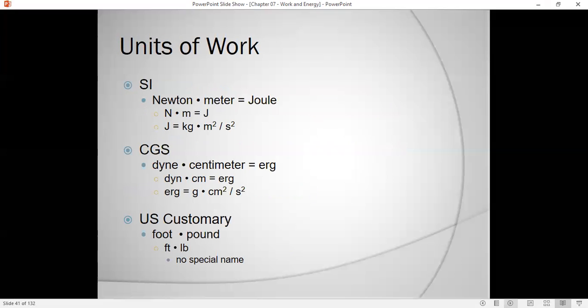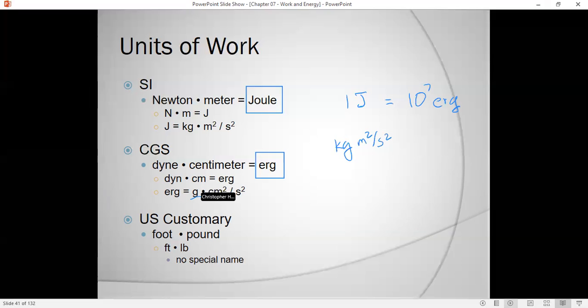Again, the SI unit for energy is the joule, which is also the SI unit for work. Ergs are the unit in the CGS system, and if you want an equivalent, I believe 1 joule is equal to 10 to the 7 ergs. How do we get this? Well, we don't really use CGS units very much, but this is kind of fun to do. We know that the joule is kilograms, meters squared over seconds squared. So to get to 10 to the 7th,